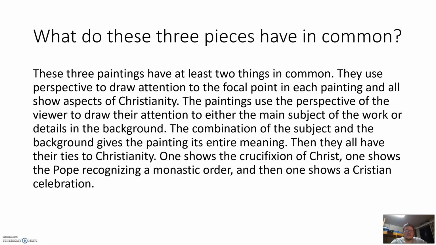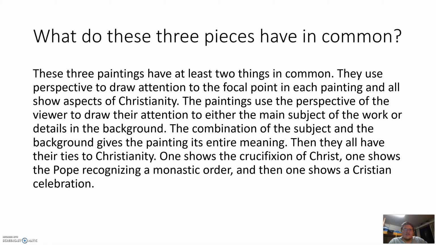Then they all have their ties to Christianity. One shows the crucifixion of Christ, one shows the Pope recognizing a monastic order, and one shows a Christian celebration. So each one of these images shows a different aspect of the Christian religion, but they all